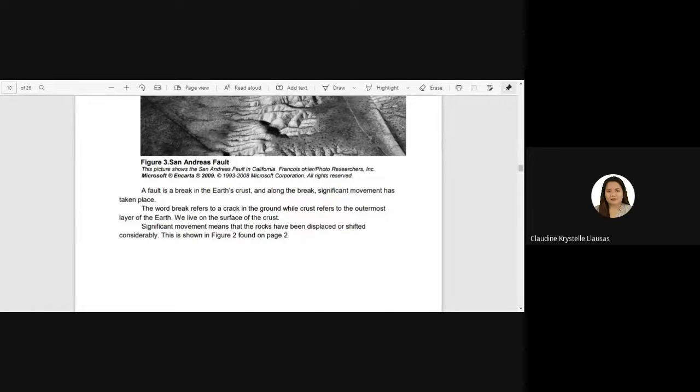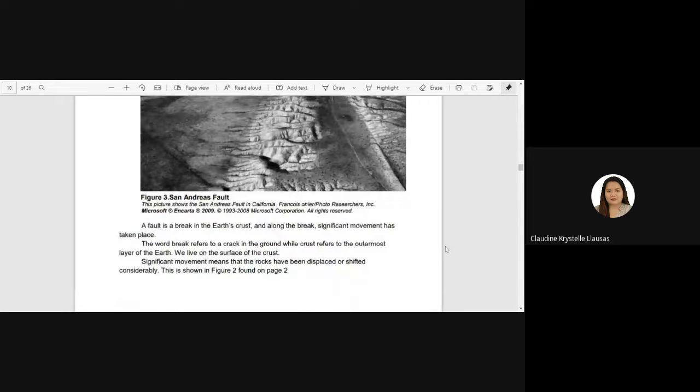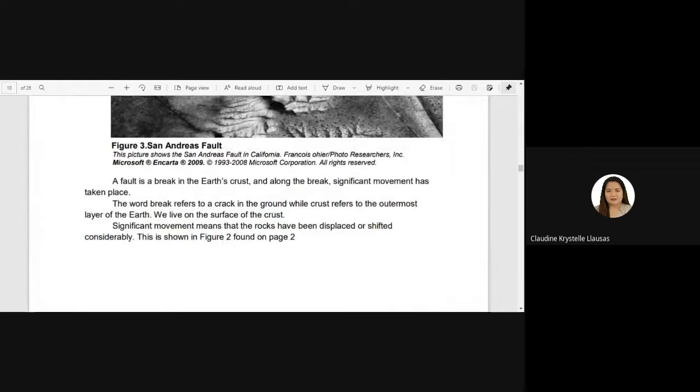Yes, ma'am. Aside from the rotation from its axis, there is also a certain movement in our Earth's crust. That is why naay mga fault, naay linog nga kakahitabo, naay movement of the Earth's crust. And along the break, there is a significant movement that has taken place. So the word break here refers to a crack in the ground, while crust refers to the outermost layer of